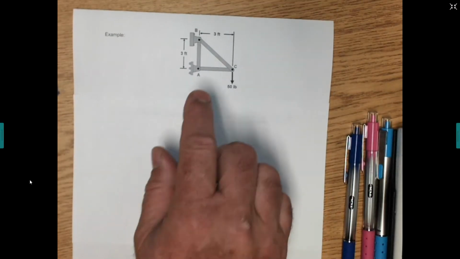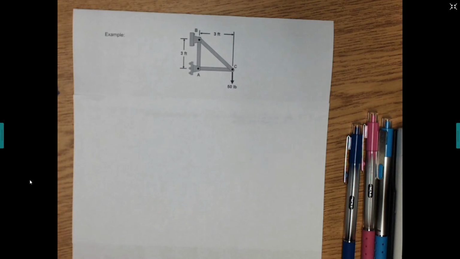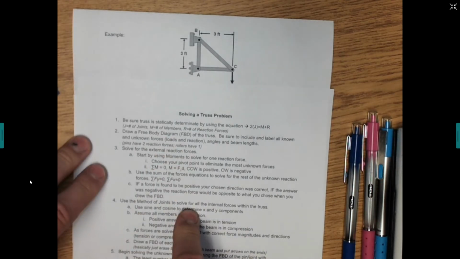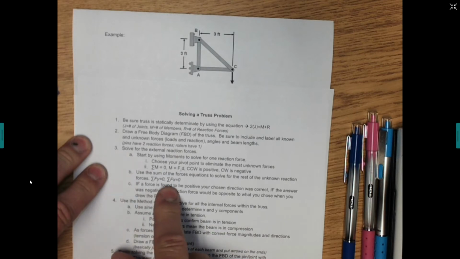All right, in this video, we're going to solve this truss. We're going to show how to solve just the external forces, and in a following video, we will show how to solve the internal forces. So we're going to solve using these steps. First, we have to determine if it's statically indeterminate, draw the free body diagram, and then solve for the external